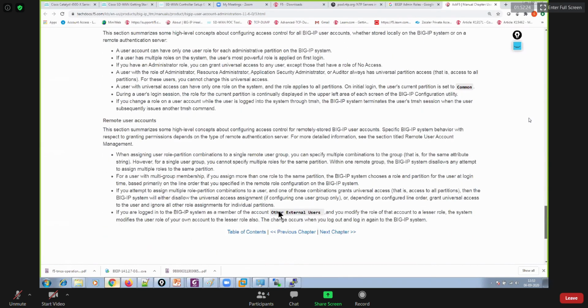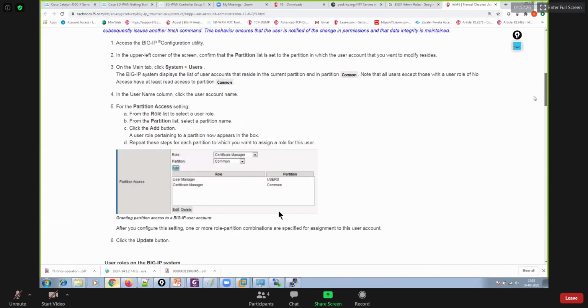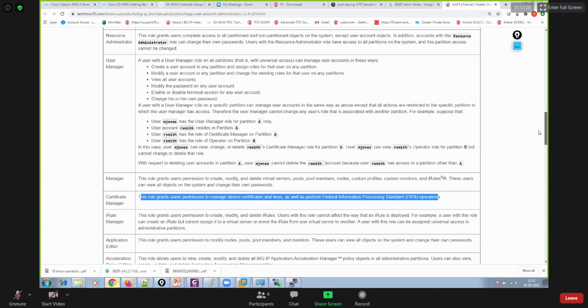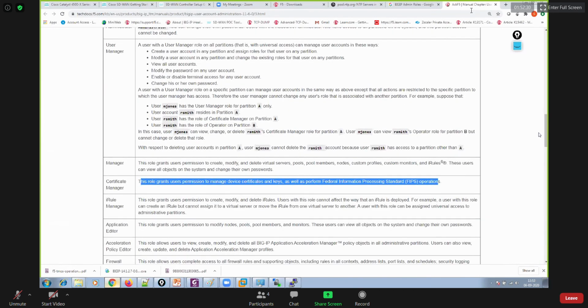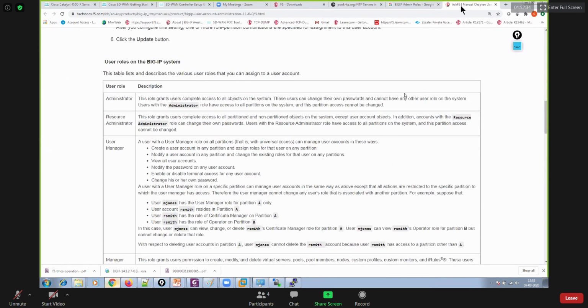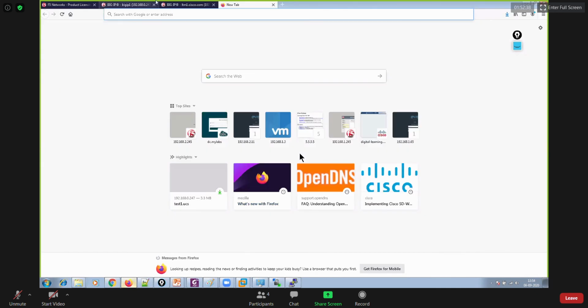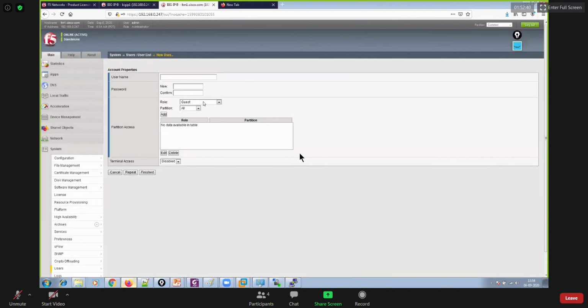Okay. So you can read which role is having which access, right? So that's what you have over here. Okay, this is what I explained here, right? It has different roles over here, right? So as per the different roles, they will have the access to it. Okay, so you could also provide the access of manager.